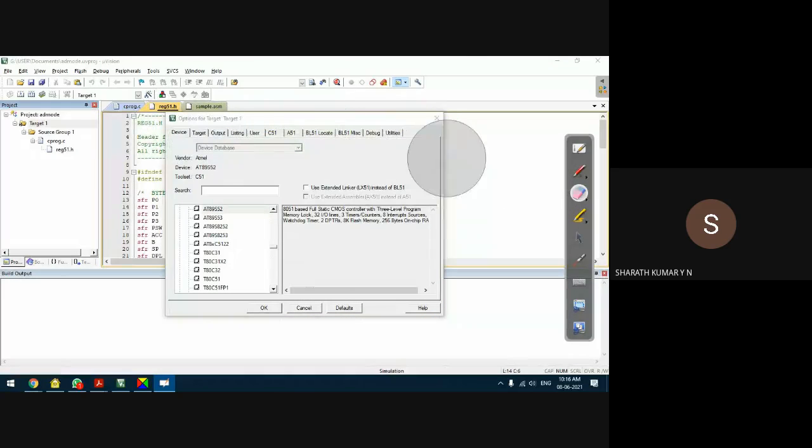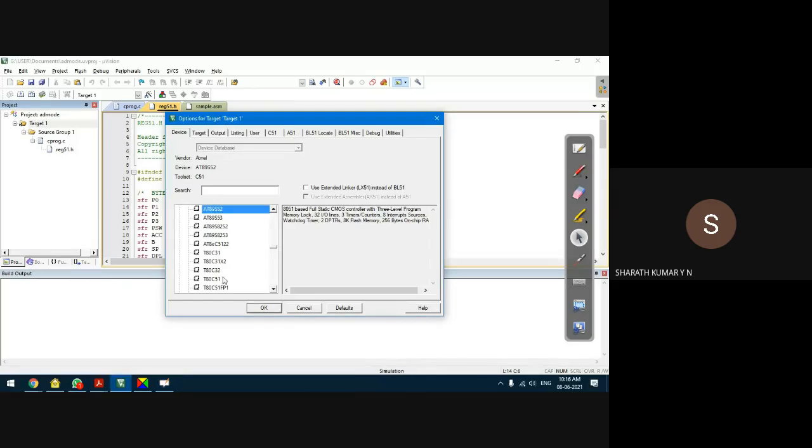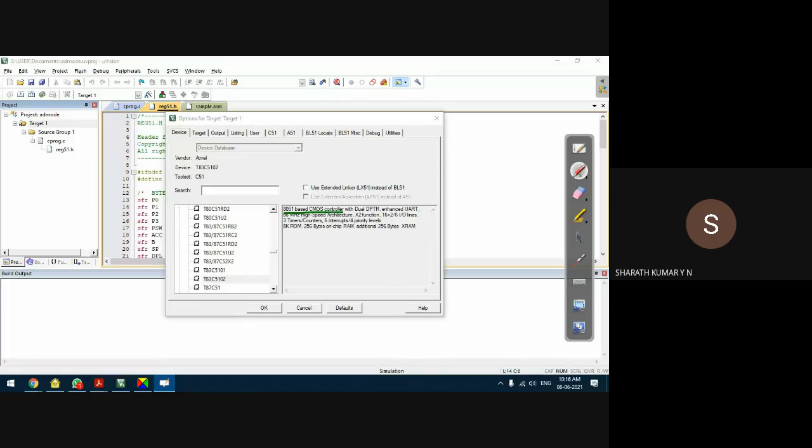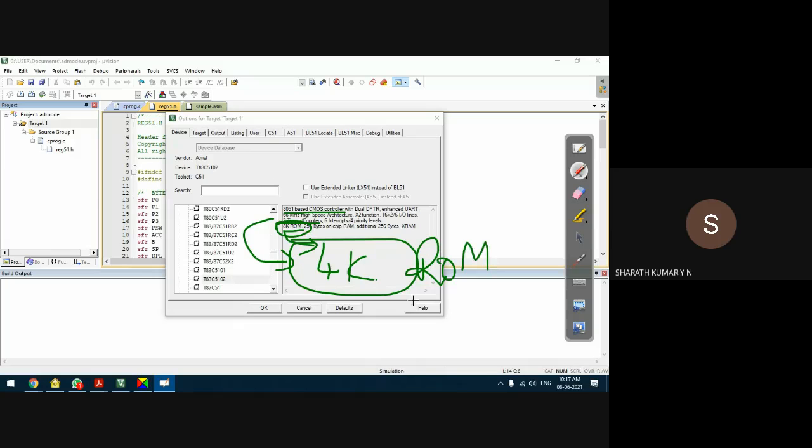Yes, there are many devices. You can select so many devices. Let us say I select one device. Observe this. It is an 8051 based CMOS controller. Here there are so many parameters, but let us not go into those details now. Observe the number of timers. There are 3 timers and counters. What is the on-device ROM space? It is 8 kilobytes. As I said, some controllers have 4 kilobytes, some have 8 kilobytes. The size of the internal ROM space varies from controller to controller.